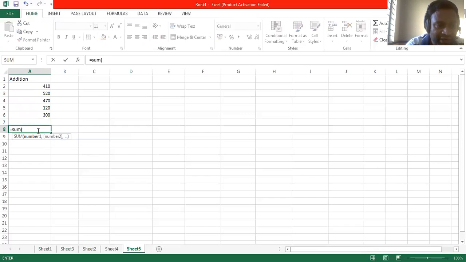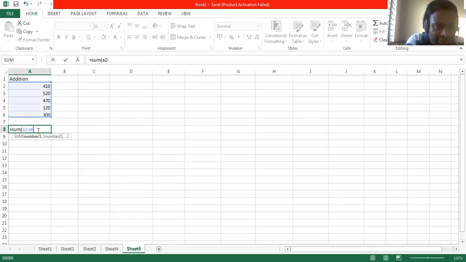The first value is 410, so the cell address is A2, and we need the last cell address. We have to add all these cell addresses, so I'm adding A2 and using a colon, and the last cell address is 300. What is the cell address of 300? A6.